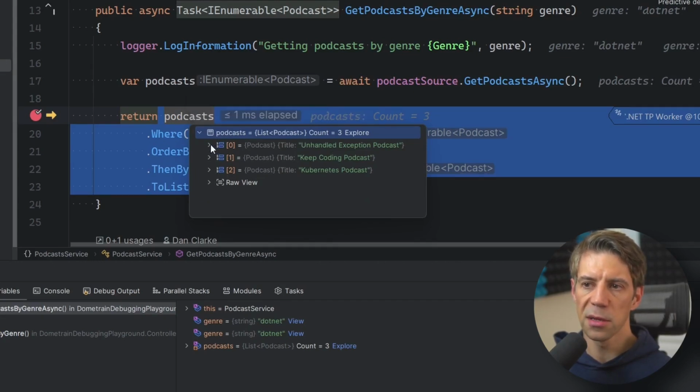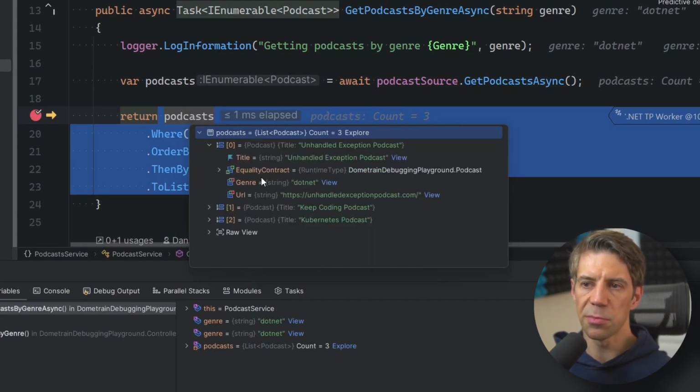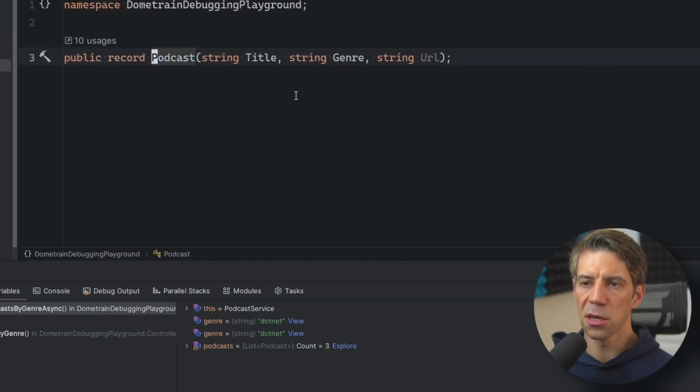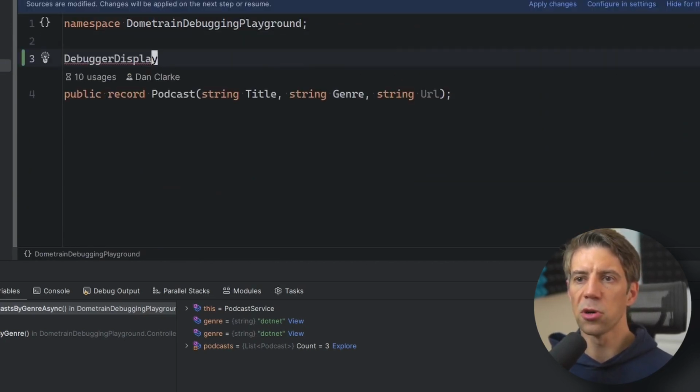And if we expand, the title is actually at the top and it's pinned. So that's really useful if your object has a key identifier, which you just want to see in the list in the debugger. Another more permanent way of doing that is if we go to, I'm going to Control-click here to go to this object, you can add an attribute called DebuggerDisplay